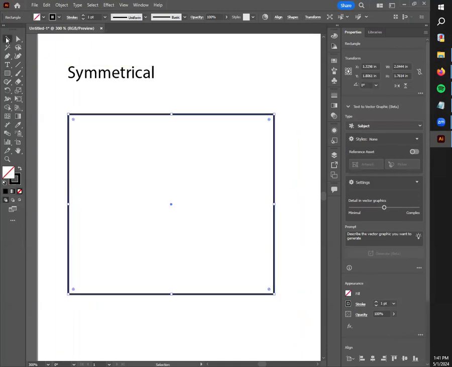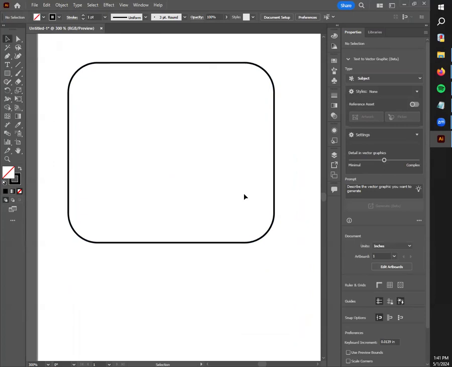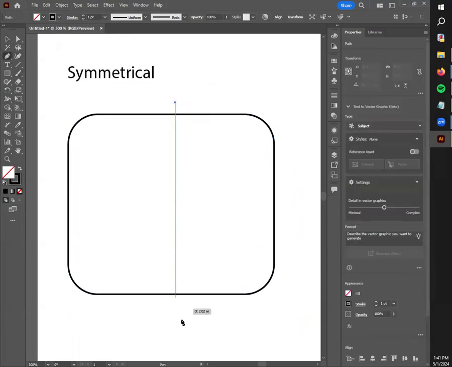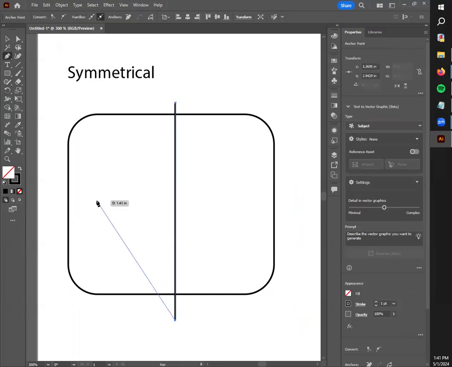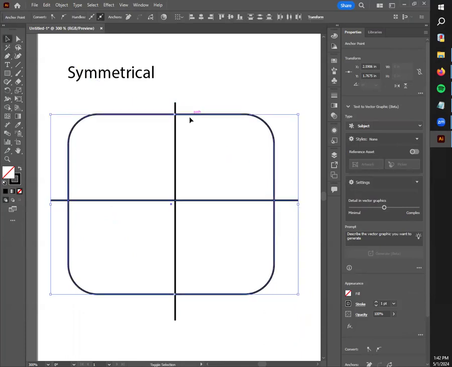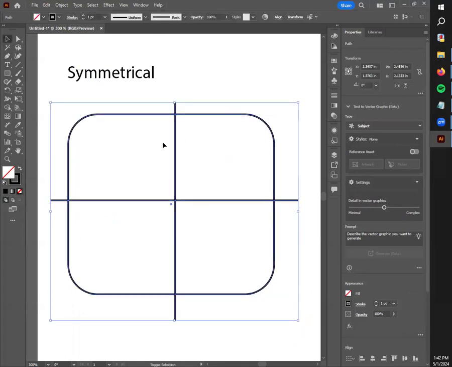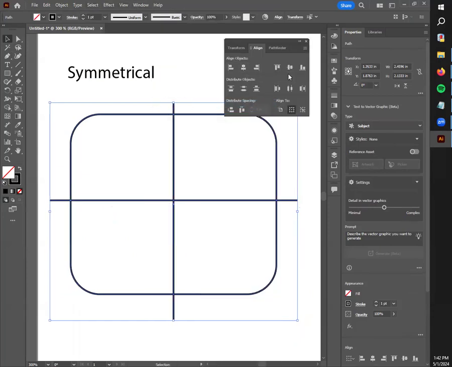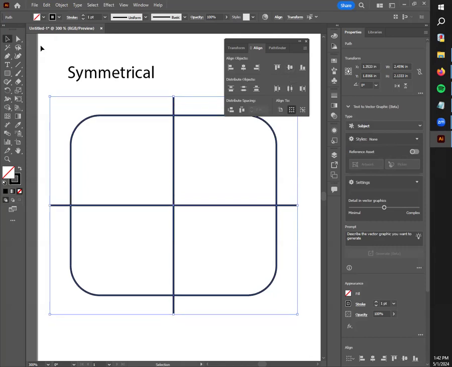So if I just set this to none real quick, we imagine this is our fun little app icon. Let's round off the edges so it's a little bit lighter on the eyes. Symmetry can be achieved in 2 key ways, and that's going to be on your x-axis or your y-axis. Most commonly, actually, let me align these real quick so that they are directly in the center. I think that's all of them selected. Going to go to my window, align, do some horizontal centering and a little vertical centering. So we get a nice